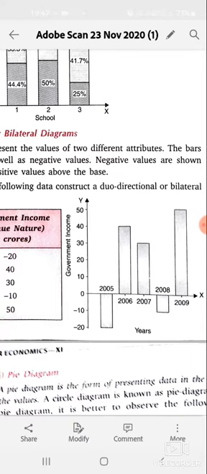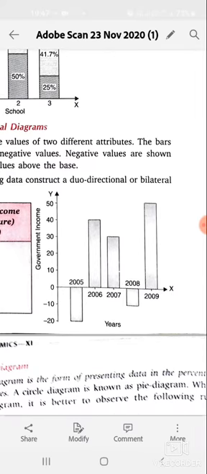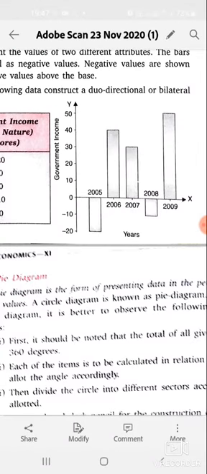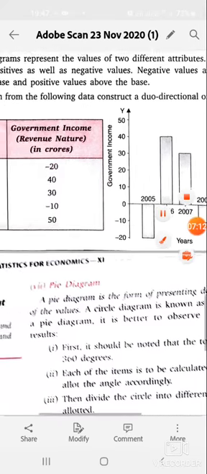So the data depicts this. The main concern is, you will find that in 2005 the data goes to the negative side, in 2006 to the opposite side, the positive side, in 2007 again in 2008 the data comes on the negative side, and 2009 positive. This is called the duodirectional. If positive as well as negative data can both be shown in the same diagram, then it is called duodirectional.